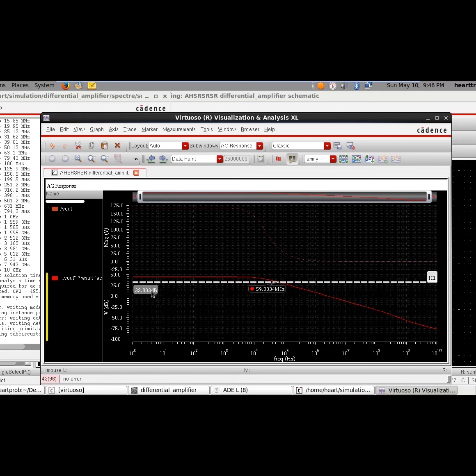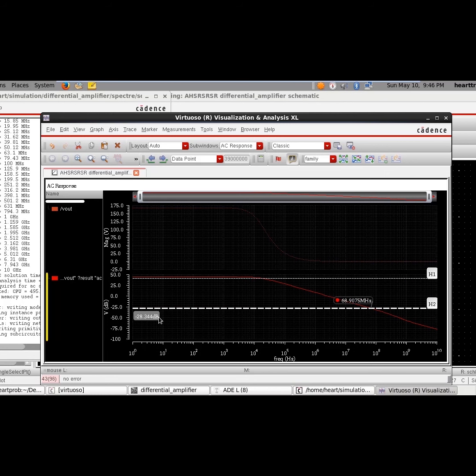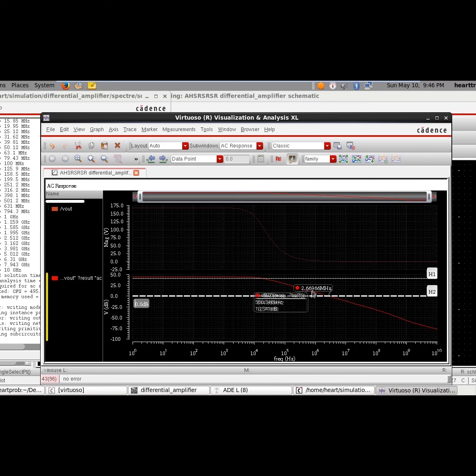So that is the 3 dB frequency I'm selecting. So minus that 3 dB, the 16.0931 kilohertz, and this is the 0 dB frequency. I'll just select 0 dB. 2.669 megahertz is the 0 dB frequency of this current mirror. 16.08 is 3 dB and 0 dB is 2.669.